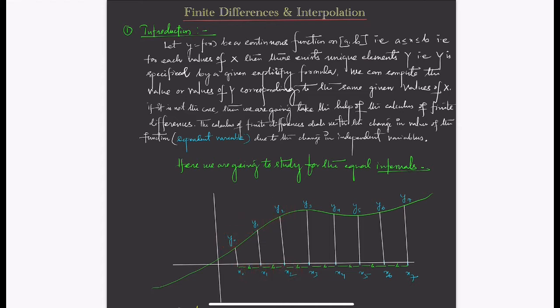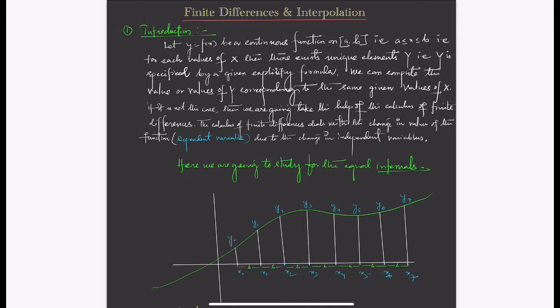Likewise we can find. So what exactly we are doing is we are trying to find the value of y0. y is nothing but f of x, okay? So x is an independent variable and y is a dependent variable. For each value of x, the y will change. If x changes, then y will change. If x jumps, the functional value y will also jump according to that change of x values, okay?